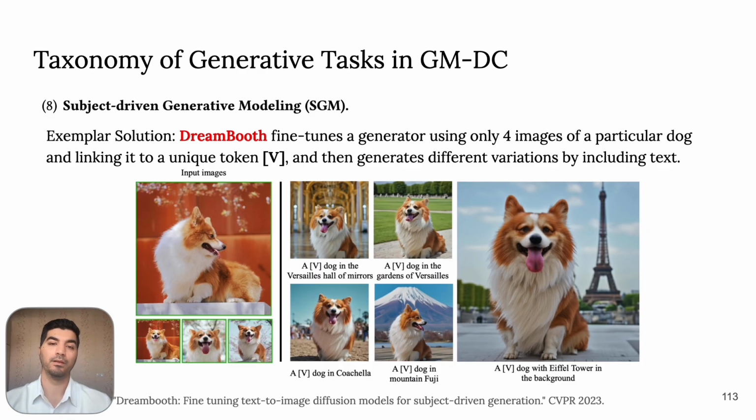As an example, the DreamBooth paper fine-tunes a generator using only 4 images of a particular dog. During fine-tuning, they link these images to a unique token. Here we denote it with V. And after that, they are capable of generating different variants of this subject by including a new text. For example, we can have a V dog in Mount Fuji. So the same dog is being generated in Mount Fuji, or we can have a dog with the Eiffel Tower in